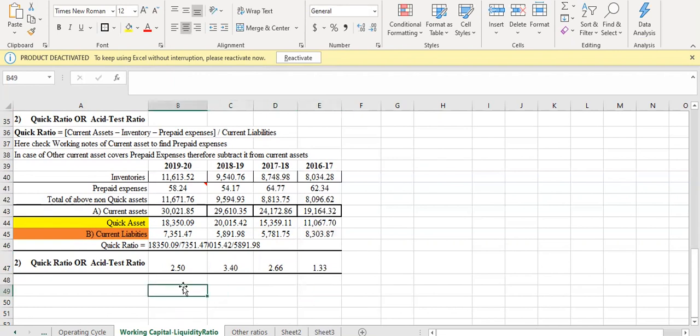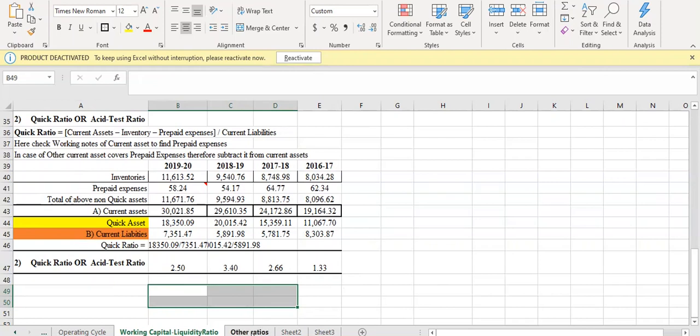Now you have to write the interpretation of the quick ratio. Here the ideal situation for a current ratio is 1 to 1, means if I have 1000 rupees of current assets, my current liability should be 1000, cut to cut, a no profit no loss situation. In the case of 2 to 1, it means if I have 2 rupees of assets, against that I can have 1 rupee of current liability. So the interpretations you have to write at the end after these calculations. Up to this is done. So this is nothing but the calculation of the quick ratio.